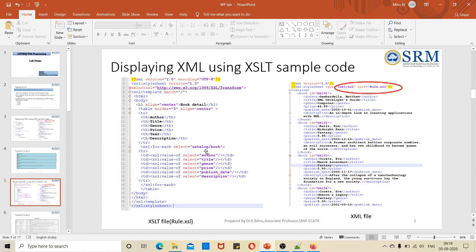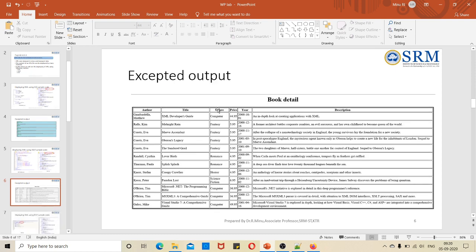So here let me explain the XSLT file coding. In the XSLT file coding, as in our XML, we need to include the XML references and everything. And being an XSLT file, it has to be written with xsl as a namespace. Then the concerned references have to be given. Then here, as we need to search all the elements within this particular XML, we use match with the slash. And in the HTML file, as I want to display in a tabular format, let me show the output, something like this.